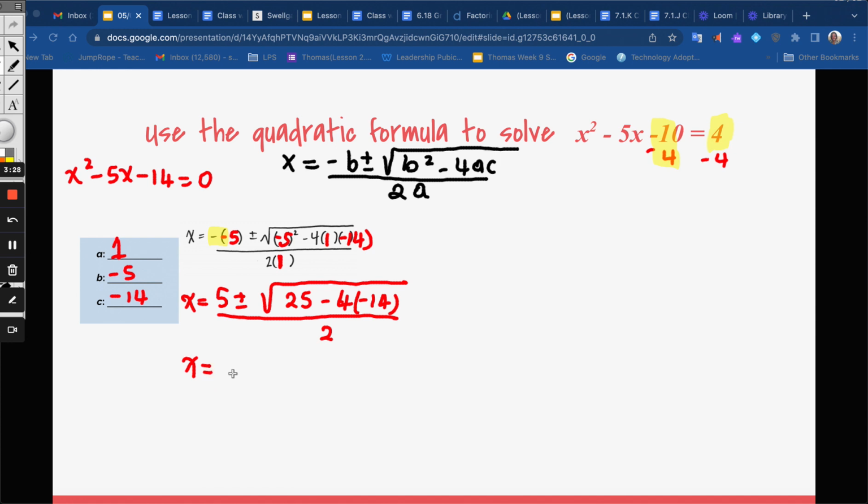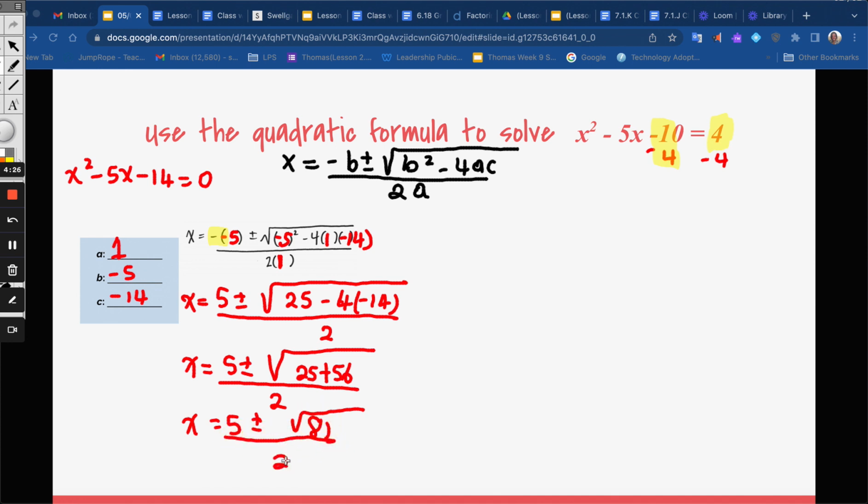So x is equal to 5 plus or minus the square root of 25. Negative times a negative gives a positive. So 14 times 4 is 56. So we're adding 56 to what we have on the inside of the radical sign, or the square root sign, divided by 2. We're then going to simplify what is inside the square root symbol. So we have x is equal to 5 plus or minus the square root of, when we add 56 plus 25, we get 81,